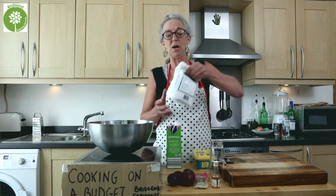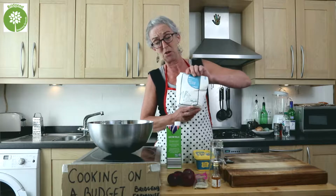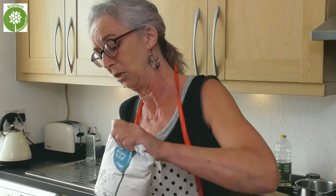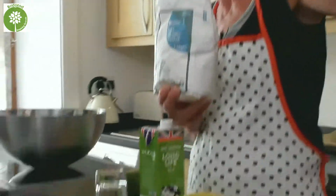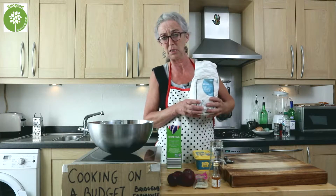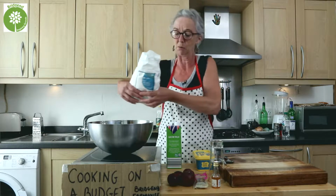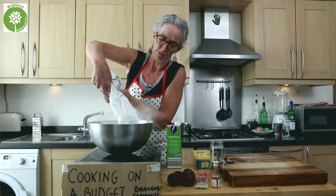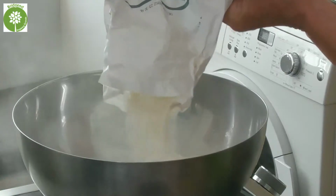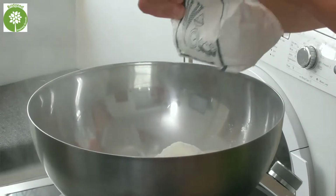So here we have a bag of self-raising flour. There's about 1 kilo in it because there's a third out of it. So what I'm going to do is, instead of weighing it out, and it doesn't have to be 100% to the gram either for scones, there's a bit of leeway. So basically I'm just going to take half of what's there and pop it in a bowl. So that's 500 grams of self-raising flour today,